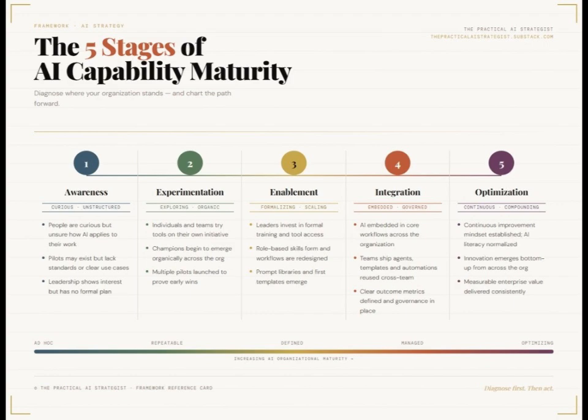Most leaders think they're further along with AI than they actually are. The result is wasted budget, frustrated teams, and pilots that never scale. Today I'll share the 5 stages of AI maturity, the exact priorities for each maturity stage, and the traps to